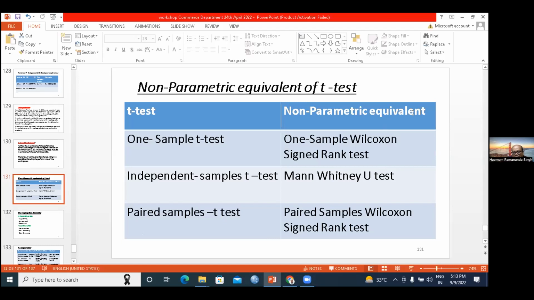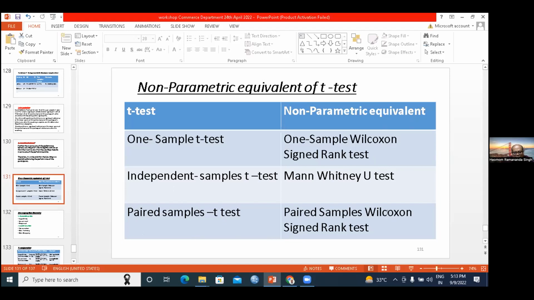Because for non-parametric tests, there is no need for normal distribution. Now, you wanted to use a paired-sample t-test and collected the data, but the data is not normal. Don't worry, go for the paired-sample Wilcoxon test. But still, if you want to